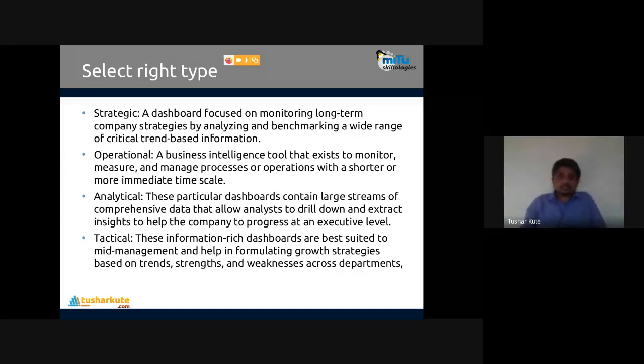Long-term things are there, so strategic. Operational is short-term, the shortest actually. It is a business intelligence tool used to monitor, measure and manage processes or operations with a shorter, more immediate time scale. Senior and junior level management use the operational kind of dashboard.